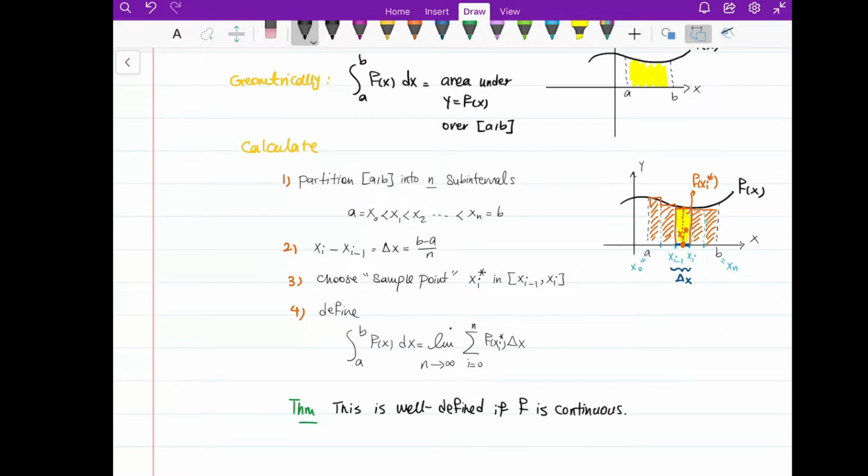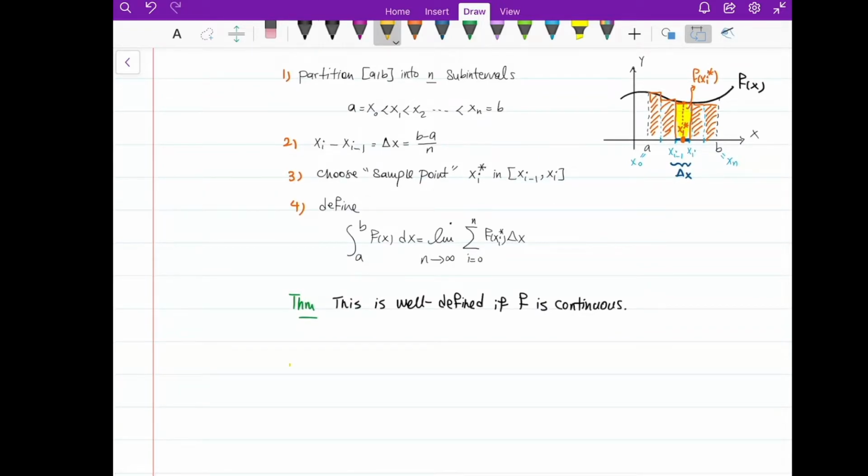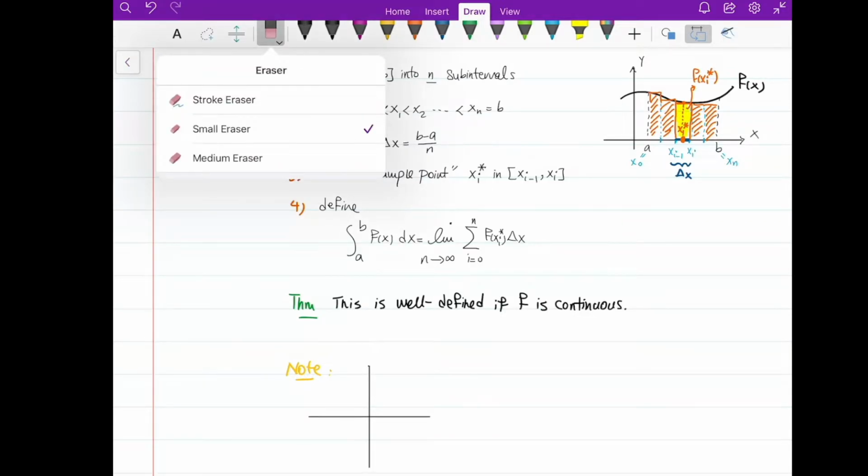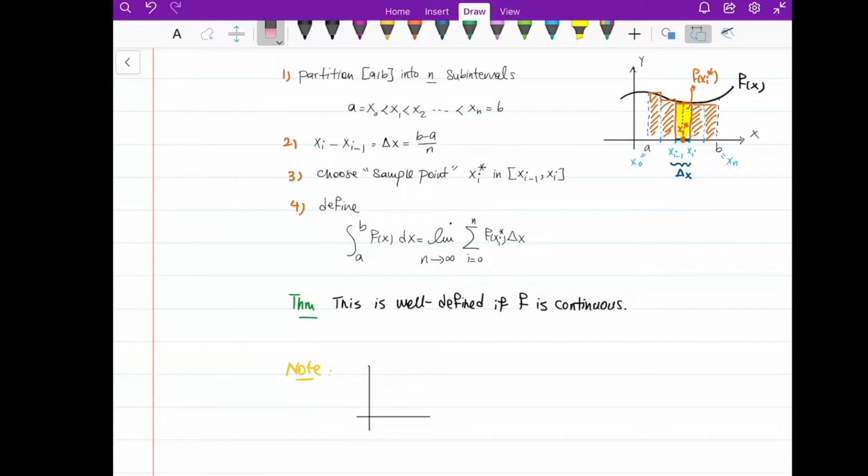Okay, now this is how we do the Riemann sum, and basically this is how we define this integral. But let me give you just a small note. The point is how we can calculate the sample point. What is the sample point? How to choose the sample point? It's basically arbitrary, but we usually